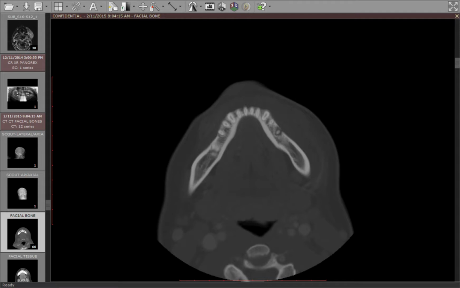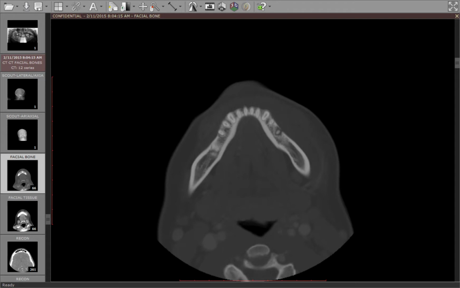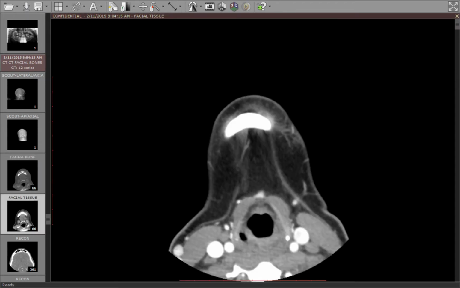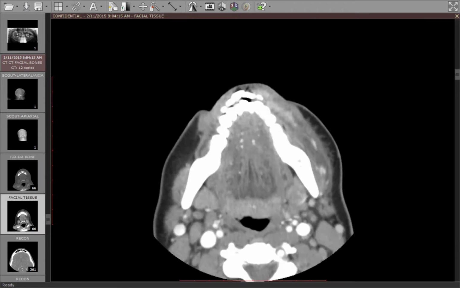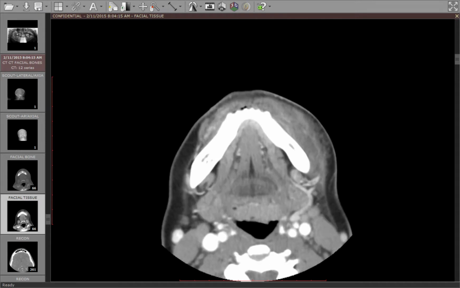So let's go to soft tissue windows and see what this looks like. If I scroll to that area, you've got all this edema and soft tissue swelling. You can see that there's reticulation of the fat right here, which is essentially called fat stranding, or edema in the fat. And then over here on the right, that fat looks nice and clean. So clearly there's inflammation. There's no discrete fluid collection,